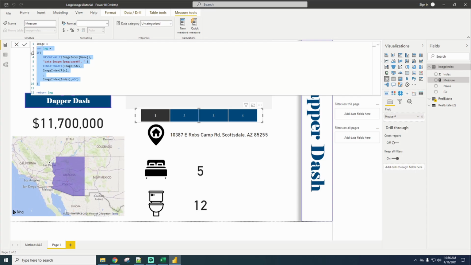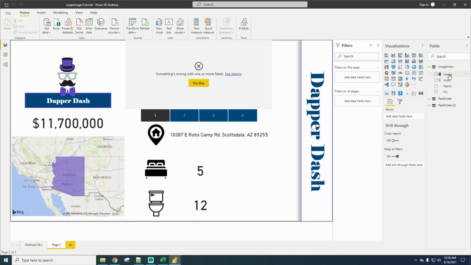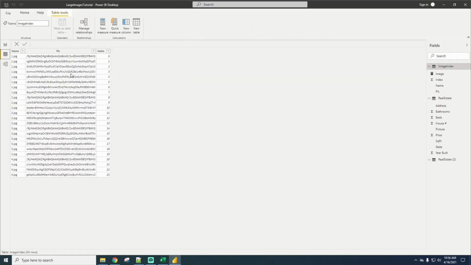There's two parts to method number 3. One is importing the data, and that function is there. And then this is the measure, the calculated measure that then combines our image together. So I'm going to go ahead and hit enter. So now I have this image that it's not going to show here, but if we look at our pic,